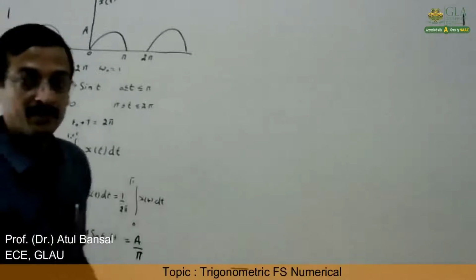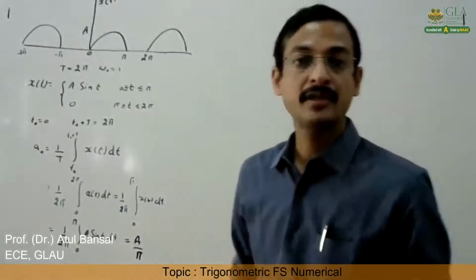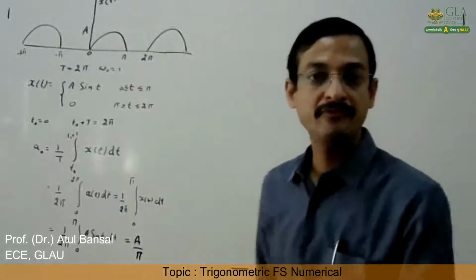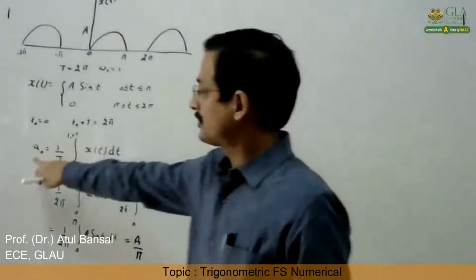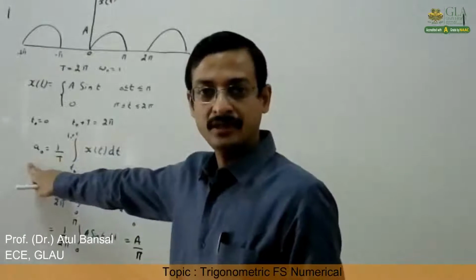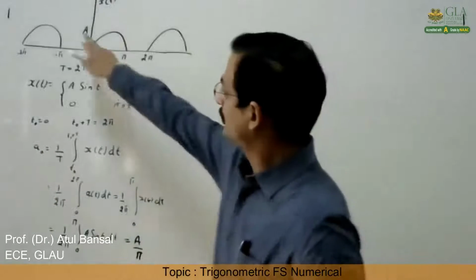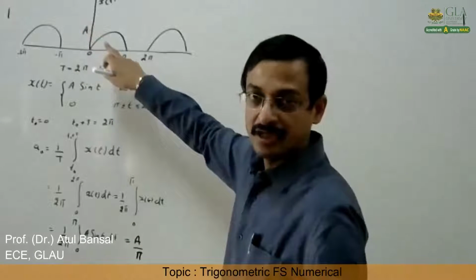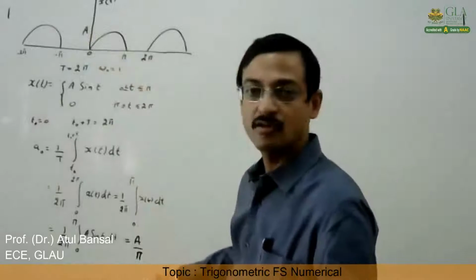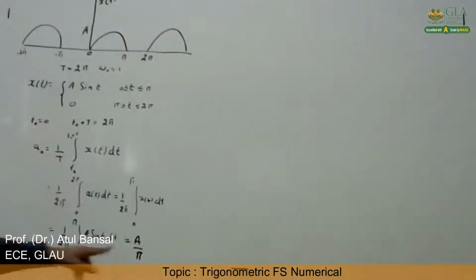Now if you remember, in first year you studied the half-wave rectifier and you calculated its average or DC value. It was coming out to be Vm upon pi. So it is the same half-wave rectifier, and we know in Fourier series a0 represents the DC component or the average value of the signal. So it is coming up A by pi, because here A is the maximum amplitude. There in the first year you studied it as Vm, so Vm by pi; here we can call it A by pi. So the DC component, that is a0, comes out to be A by pi or Vm by pi.